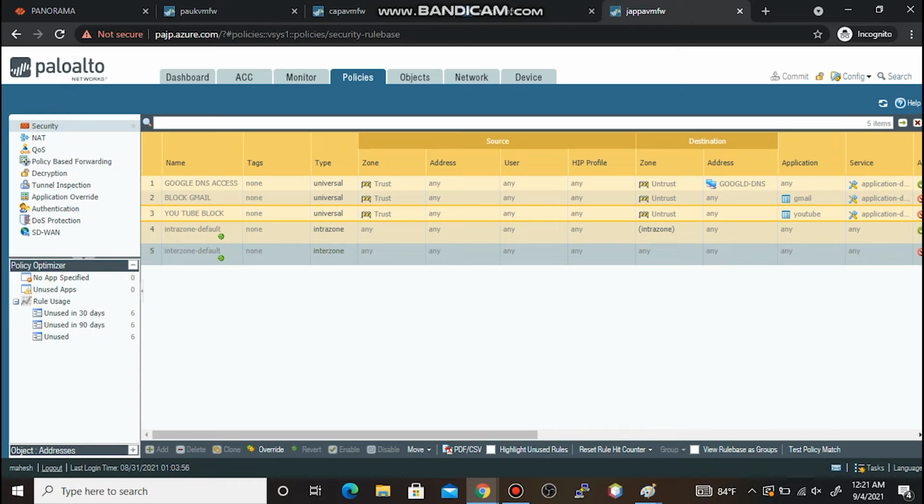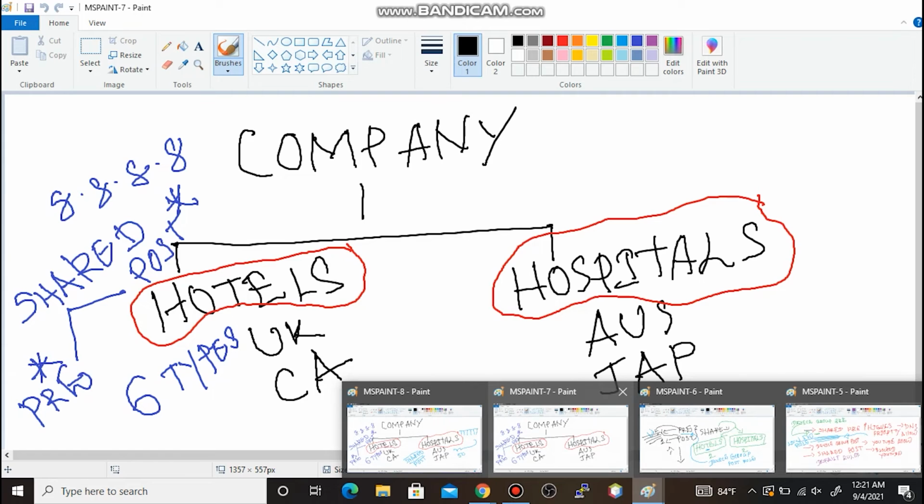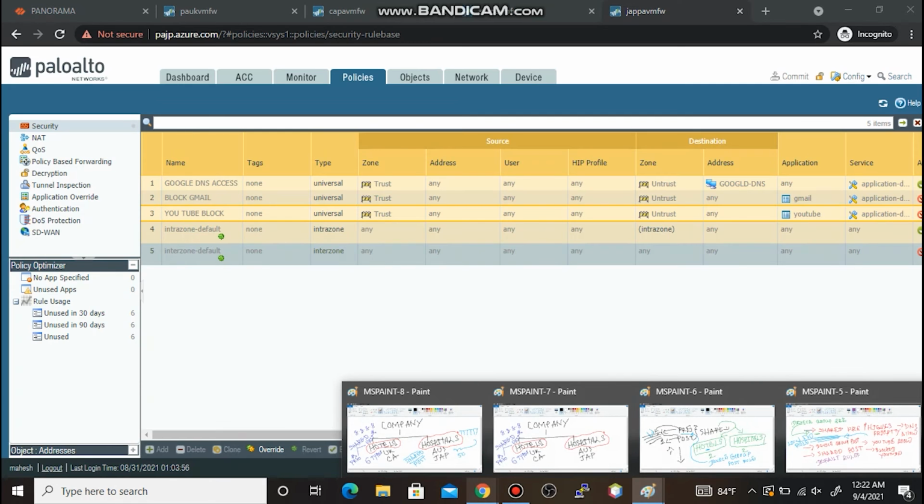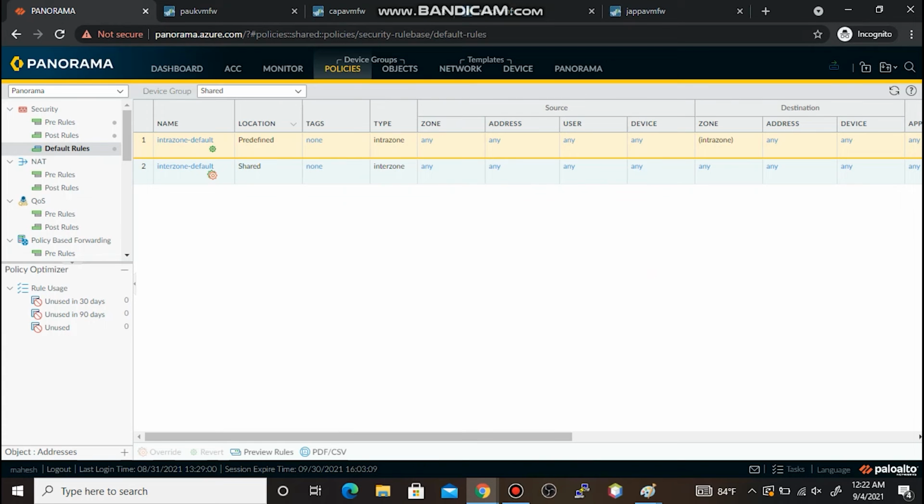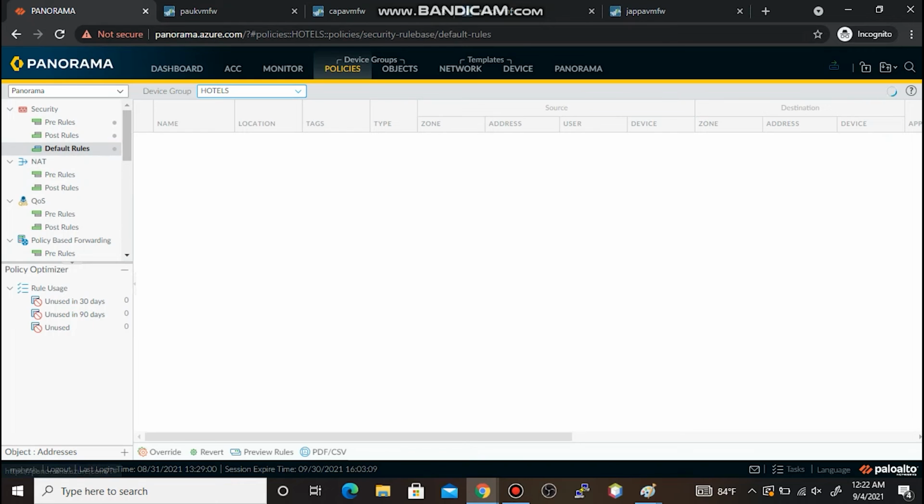Let's take another example here, or another scenario here. Let's say in our device groups, let's say in our hotels, the firewall has some low capacity for the log storage. So in that scenario, let's say we just want to remove the logging option that we have configured. So let me go to the Panorama. In order to disable that for hotels only, let me go to policies and select the hotels device group and select default rules,